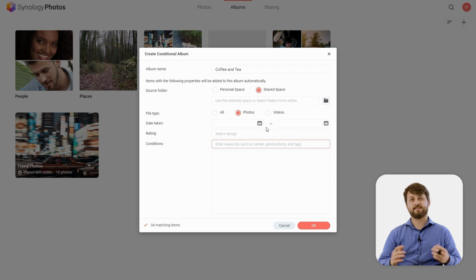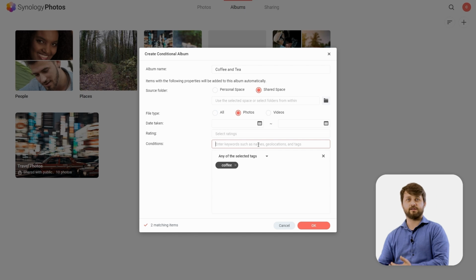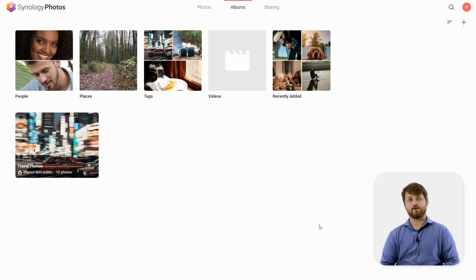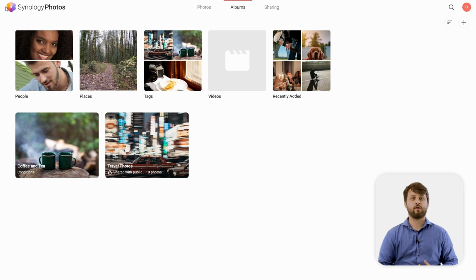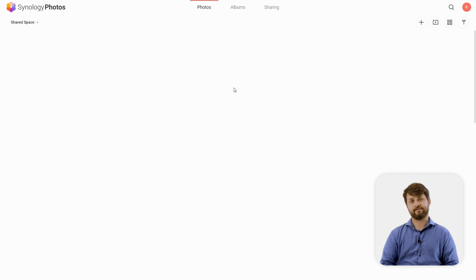But for us, we're going to set the conditions to be tags for this scenario. So we're going to do the tags for coffee so that any photo that we have currently in our collection with the tag coffee will be placed into this album. What's also great about this is anytime you upload an additional photo and then tag it with these tags, it will be automatically placed into this coffee and tea album.